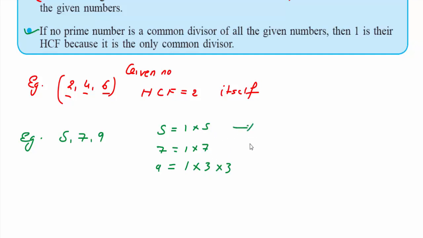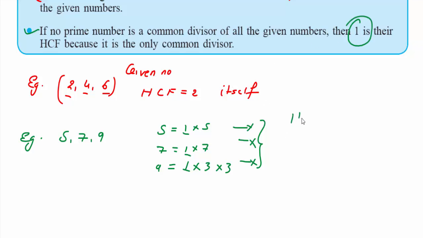इसमें भी कोई नंबर कॉमन नहीं है, इसमें भी कोई नंबर कॉमन नहीं है, मतलब तीनों में कोई भी एक ऐसा नंबर नहीं है जो तीनों में हो. Only one number except 1, सिर्फ 1 को छोड़ के. The same thing is written over here. If no prime number is common, अगर कोई भी प्राइम नंबर कॉमन नहीं है तो hence 1 is their only common divisor or common factor.